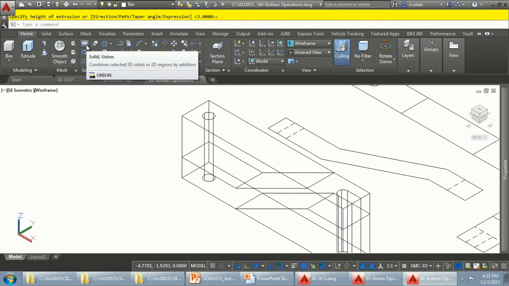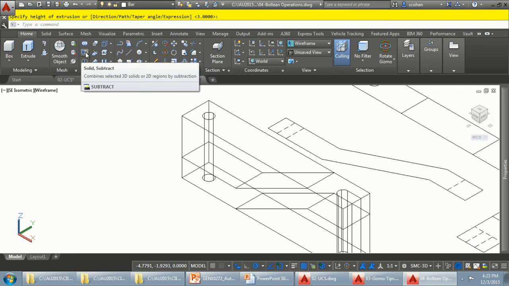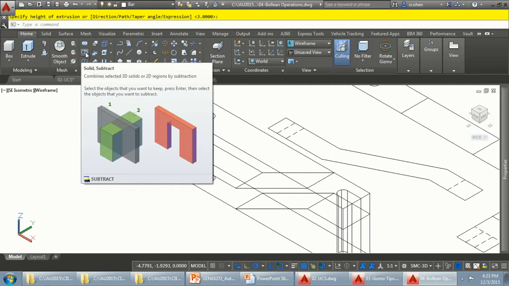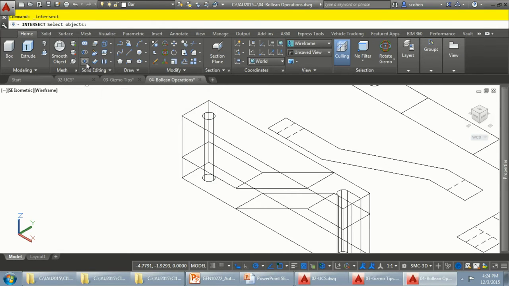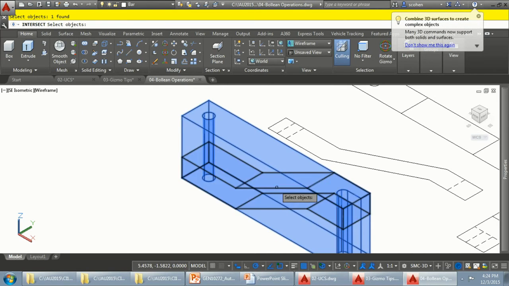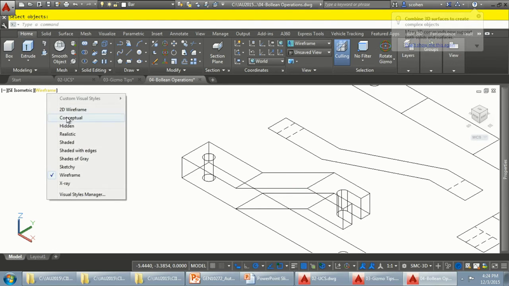So you have union, which is fairly straightforward. That just combines stuff. Subtract, again, same thing. I might go over a subtraction option here in a minute. And then, of course, you have intersect. And this is a good example of using intersect, because what this will do, if I pick this solid here, this solid there, press enter, and just change my visual style to conceptual,